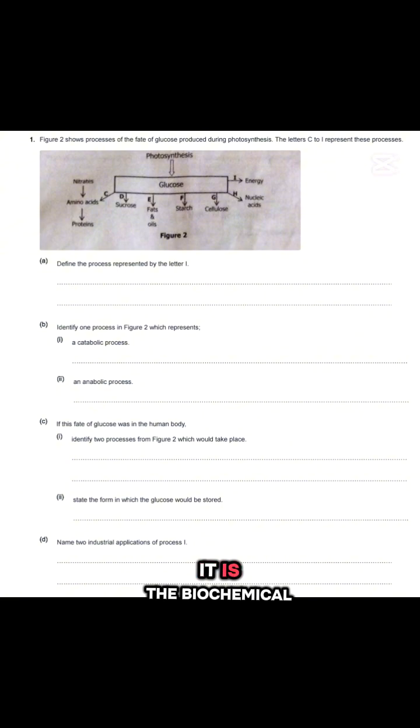Section A. Question 1. A. Define the process represented by the letter I. Answer: respiration, specifically cellular respiration. It is the biochemical process by which living cells break down glucose molecules to release energy in the form of ATP. B. Identify one process in Figure 2 which represents